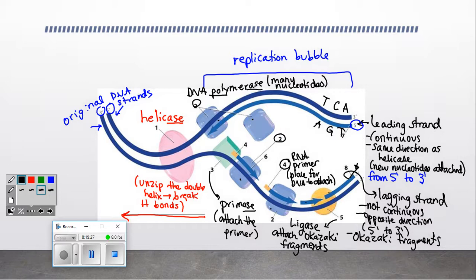Does anyone else want to ask anything about what's on the diagram? Okay. So